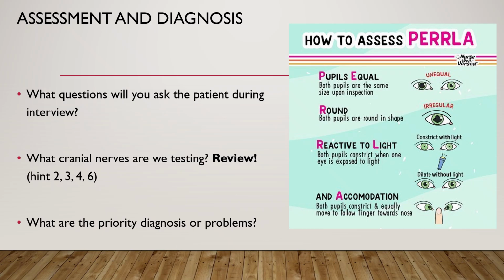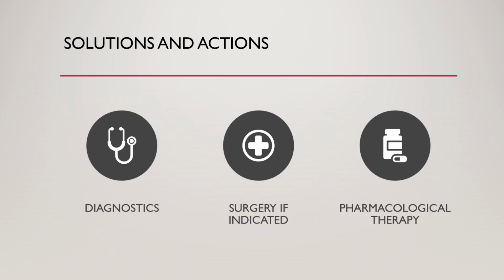Okay. So we're going to go on to some solutions and actions. So we will collaborate with the team, usually an ophthalmologist, primary care provider. We're going to figure out what we need to do, right? So some diagnostic tests. We already have our cues. The patient has an eye injury. We have a priority problem, so we need to resolve it, right? So they might order some visual acuity tests,